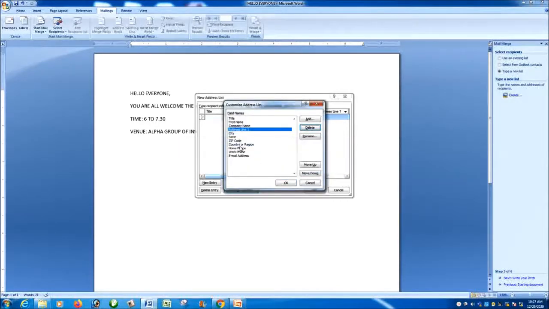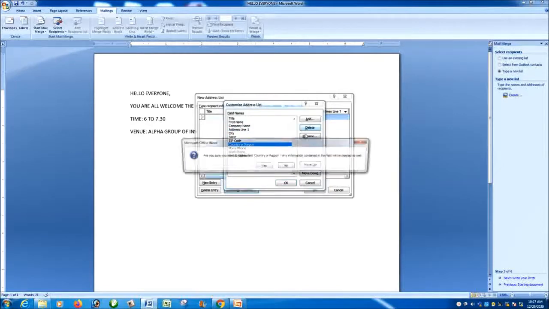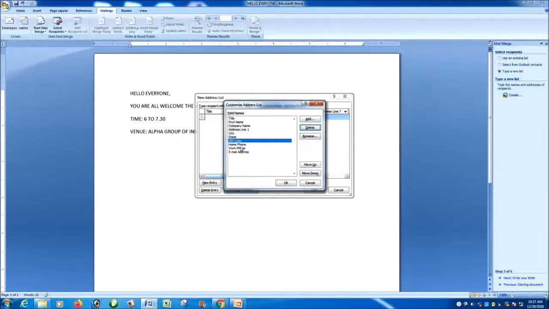Then we don't want country, then home phone. Now these are the field names that we are going to work with. At last you have to click on OK button.